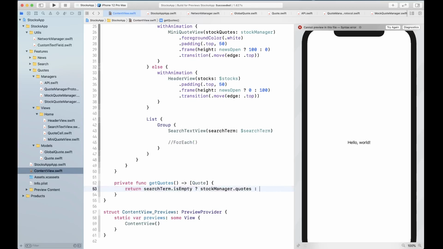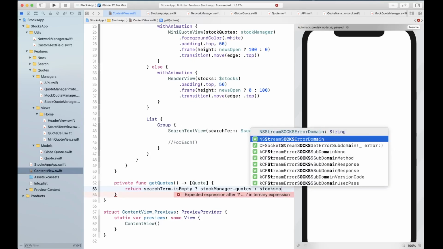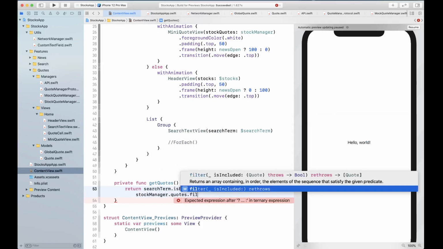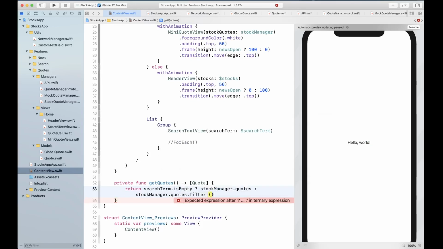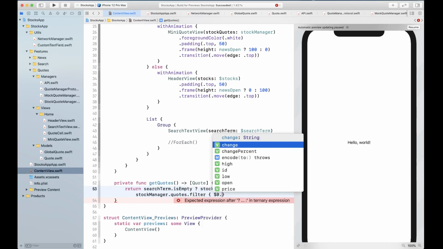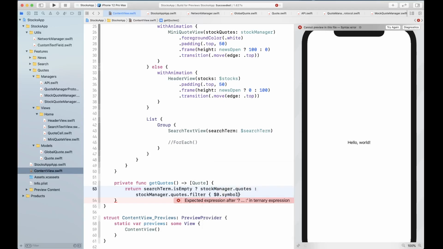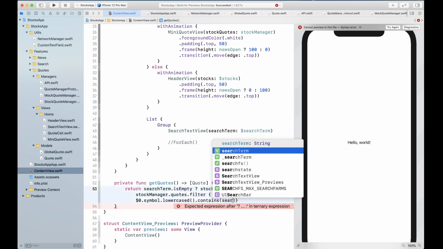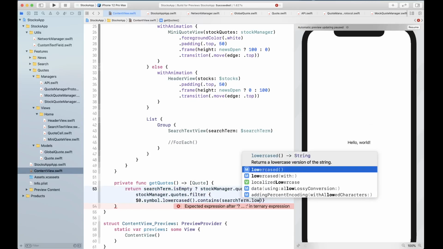Otherwise, stock manager dot quotes dot filter, and we're going to apply the filter here, and we're going to simply say first element's symbol dot lowercase dot contains search term dot lowercase.